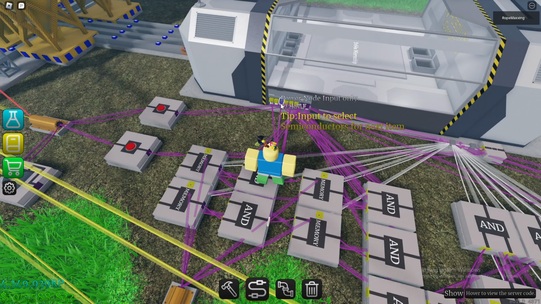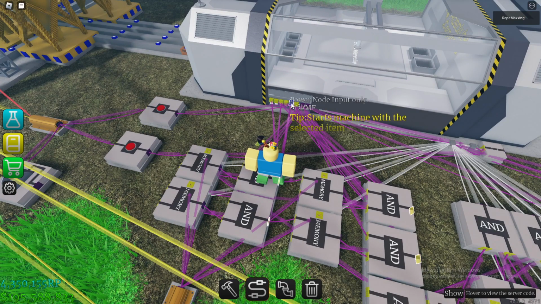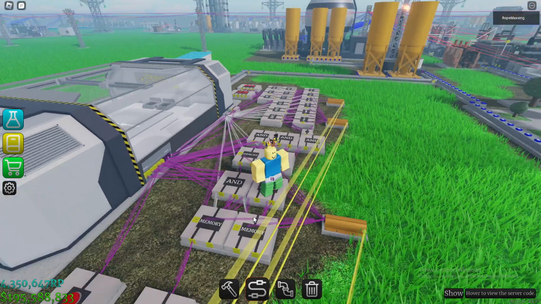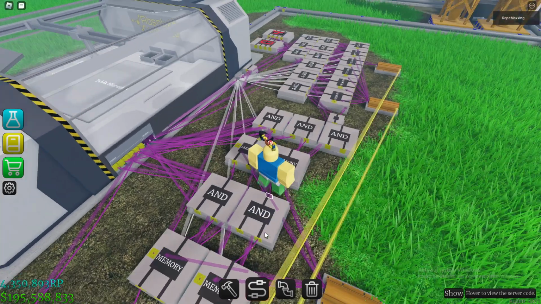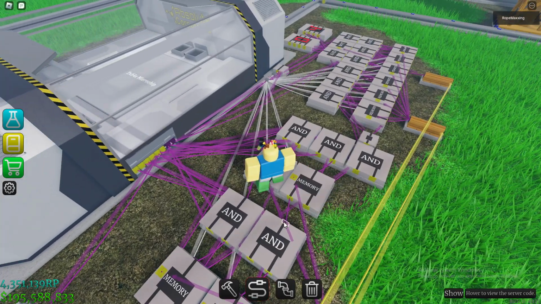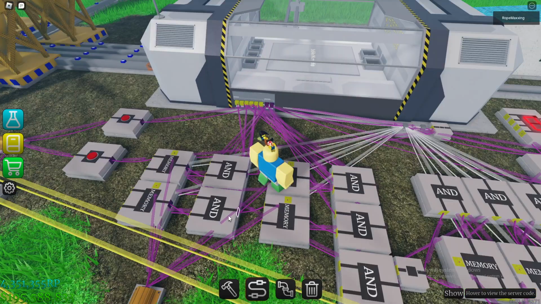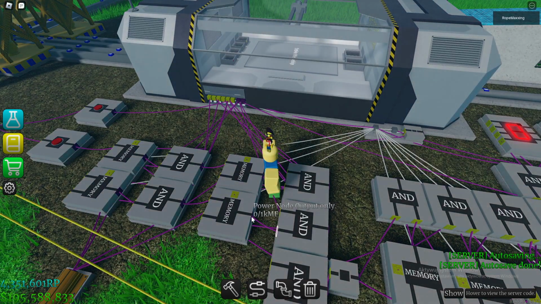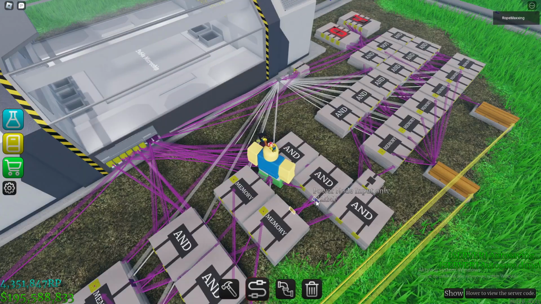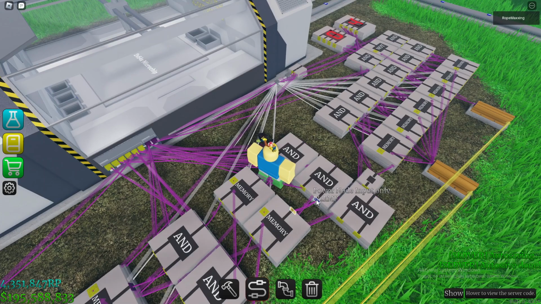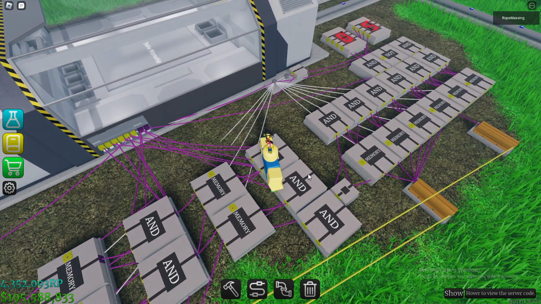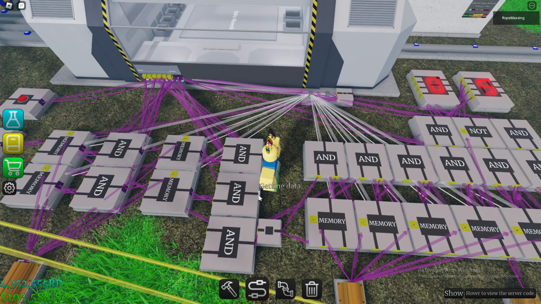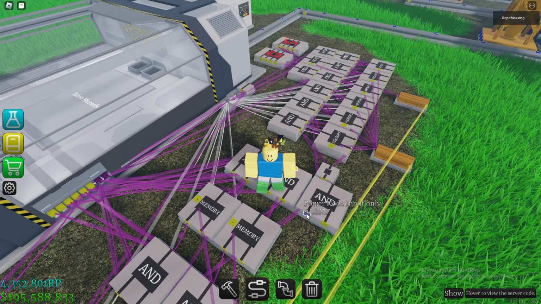And then connect it into the input to select semiconductors and start the machine with the selected item, and connect it into the reset of this memory, and connect it into the signal to keep outputting on this memory, which is the left one. And after that, connect this memory into the right input of this AND gate right here. Yeah, that's it. Connect this AND gate into this AND gate right here, into the left input of this AND gate,